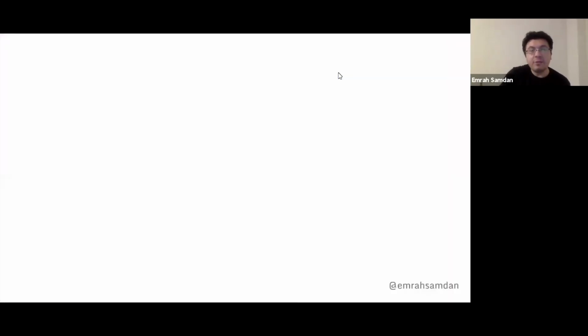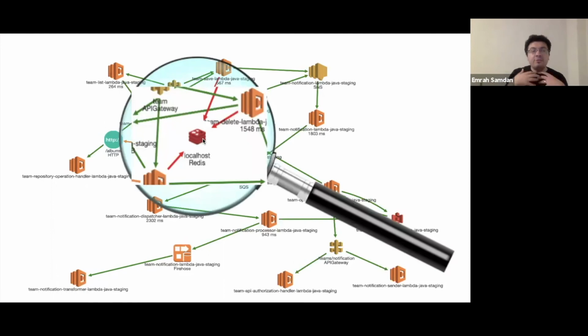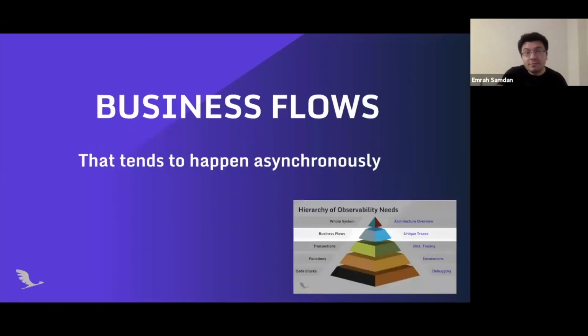Instead, what we need to have is an architectural overview of your system. In this view, you can understand what's happening in your system and check the problems happening in your architecture at a glance. You can see long-running Lambda functions, and you can see problems like here. Here you see a Redis cache where all the incoming connections to Redis are showing a red error. So it seems there's a problem with this Redis, and it's affecting the performance of your system.